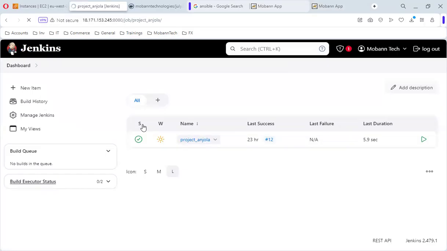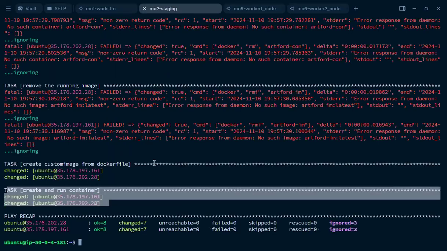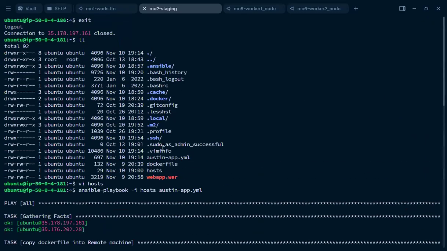The same project you have been working with, Project Angela. This time around, under the exec command, the commands to execute, we'll be using this command instead. This one here,